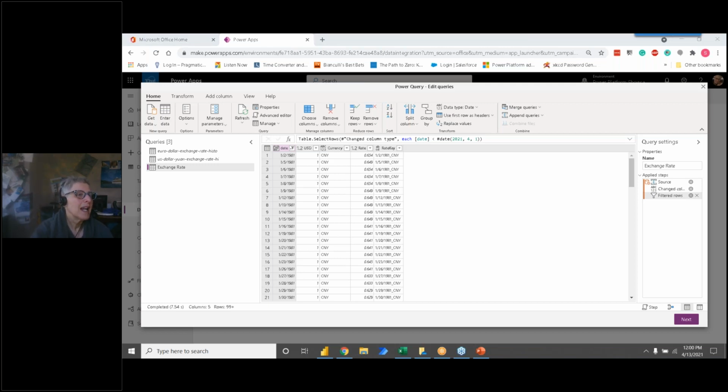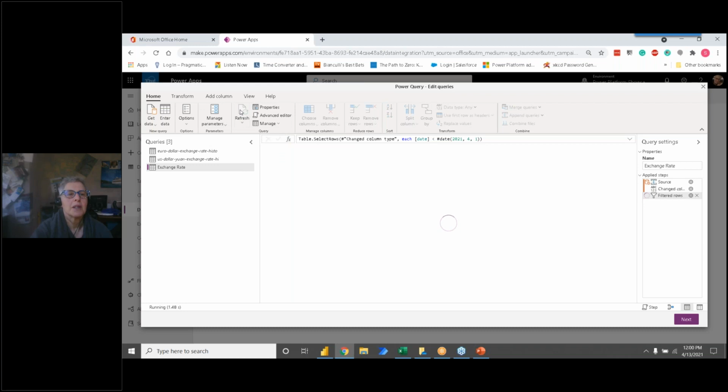And then, are premium connectors available in the community plan? Yes. How do you fill the tables with data again? Mine always stays blank. Bobby, I think if you mean in this interface, what you do is you just click refresh and it should bring them in. Because it's really weird. In this UI, you can see the data preview in the UI, but something about closing the UI, you really have to refresh those data flows.